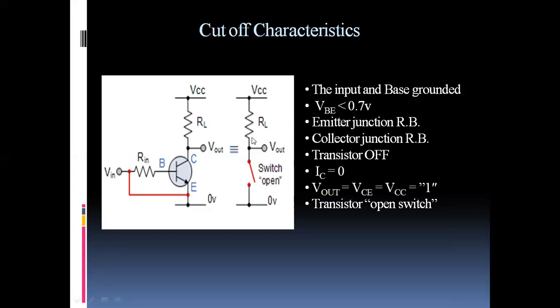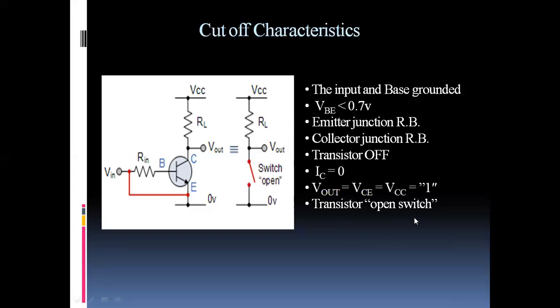This characteristic is because we are operating the transistor in the common emitter configuration. You know that in the common emitter configuration, the output is inverted with respect to the input. So here the transistor acts as a switch but in inverting mode.